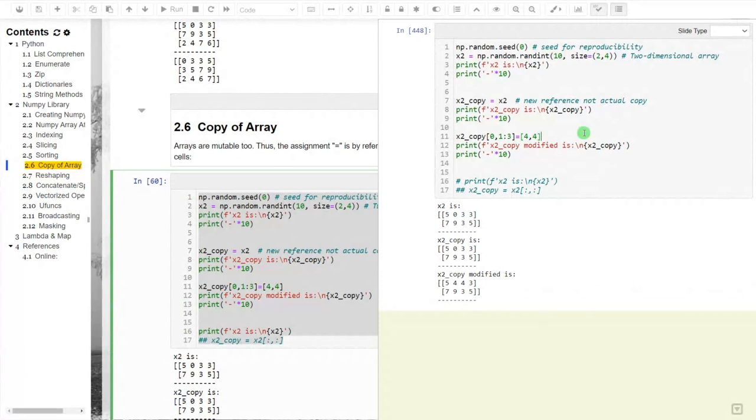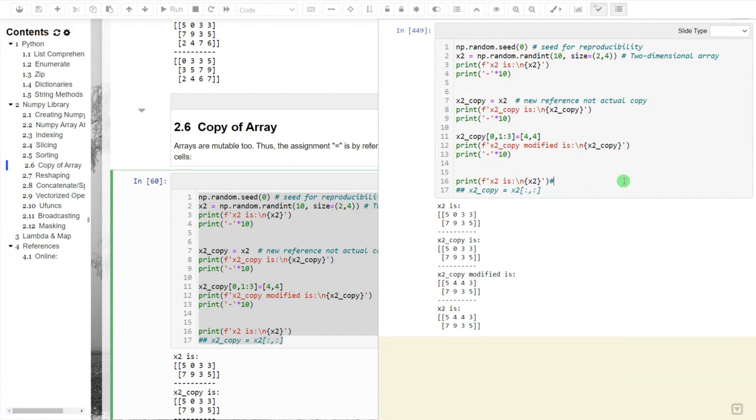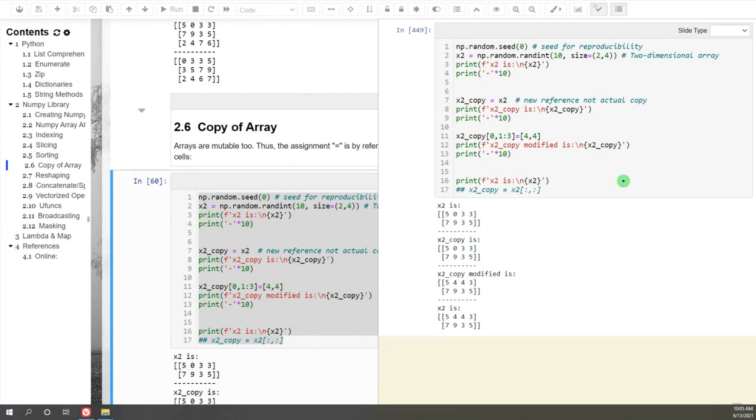Now, let us try to print x2 and see what will happen. Oh, so this is x2 now. So what do you think has happened between x2 from the previous statement and this statement now? Yes, x2 got changed. But did we change x2? We didn't change x2. We changed x2 copy. We never changed x2. So why did this happen? Because,